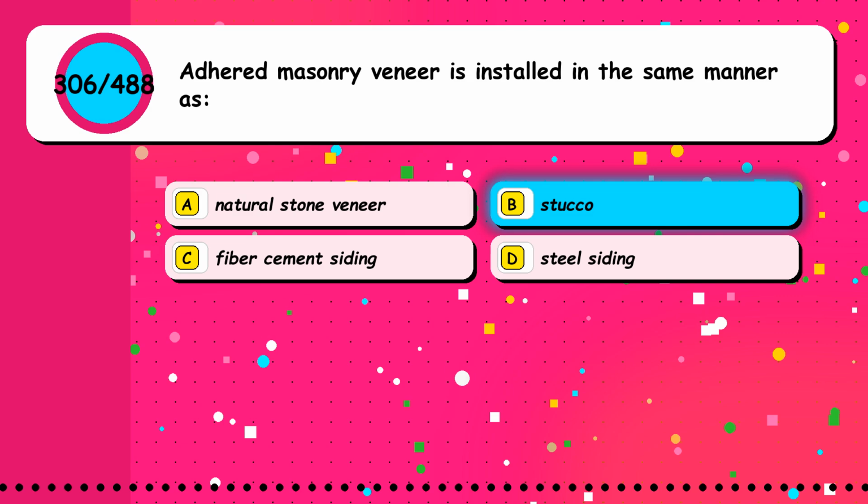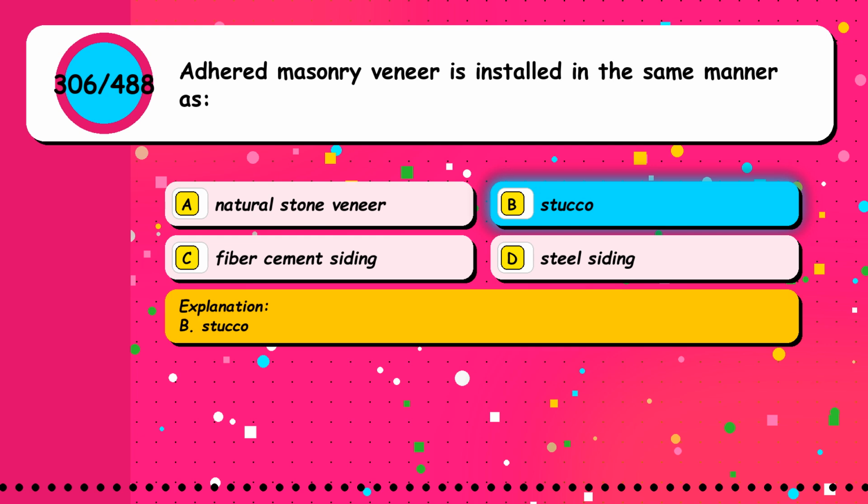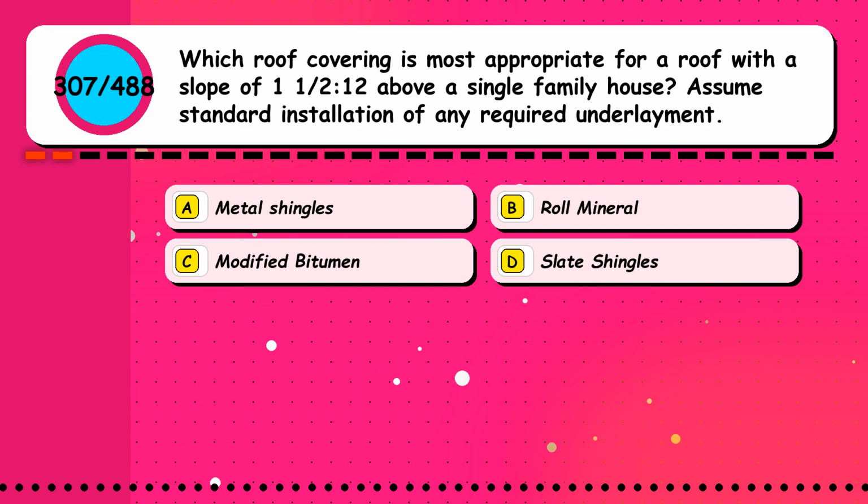The correct answer is option B, stucco. Question 307. Which roof covering is most appropriate for a roof with a slope of 1 1/2:12 above a